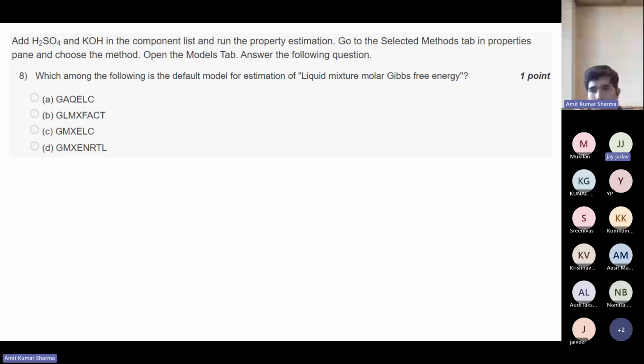Sir, the question was, which among the following is not Henry's component, there was a doubt. Can ethane also come in it, sir? Okay. So we will discuss after these questions. So first, maybe you can try this question. At the end of the class, we will go to that question again. Okay, sir.